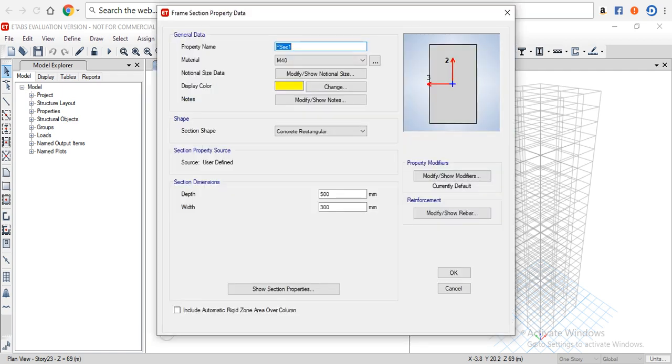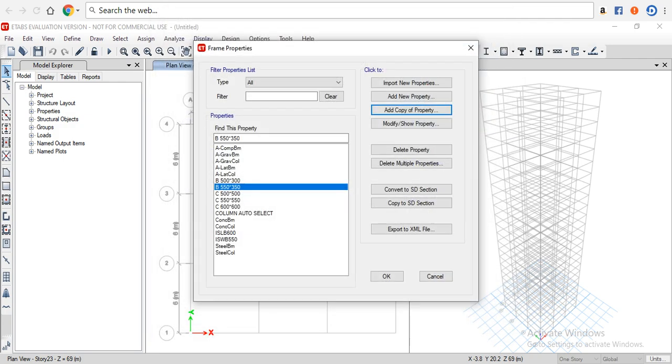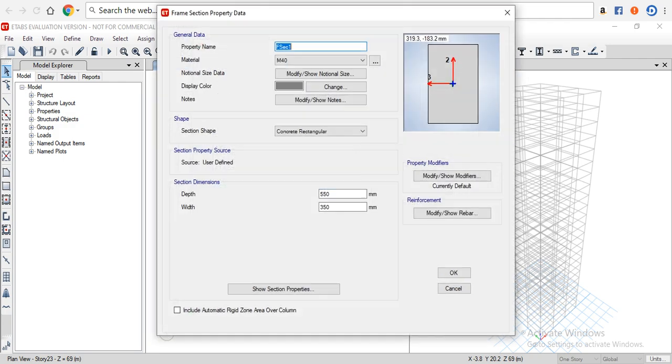the property, do not change the properties as given, change the property name of different size 550 by 350, change the dimensions of depth and width 550 and 350, then click on OK, then click on add a copy of property, beam of different size 600 by 400, change the dimensions